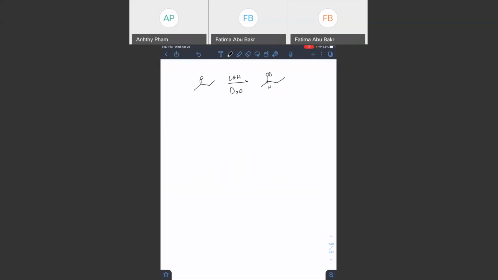So LAH, because I don't want to say anything that's wrong. So LAH is more reactive, I think. So LAH is good enough to work with here. LAH is good enough to work with